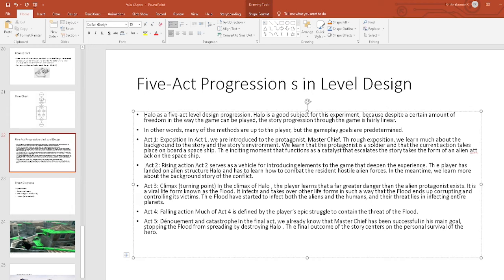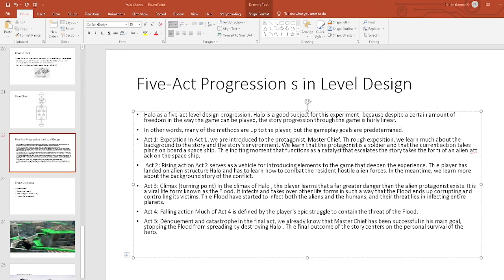We will take Halo for example. Why? Because even though a certain amount of freedom is there in the game, and we can roam many places, still the story progression is linear. So the game is a linear-based structure.